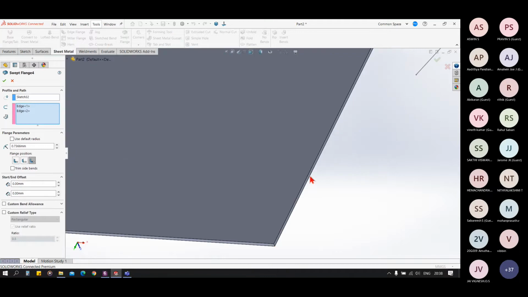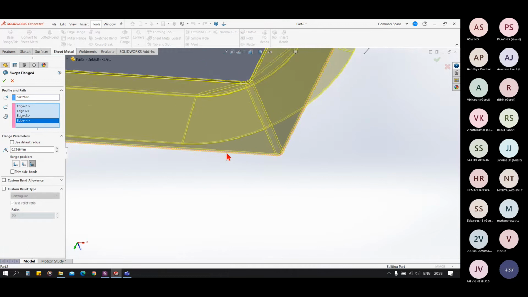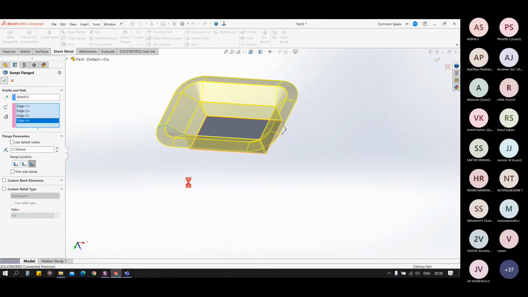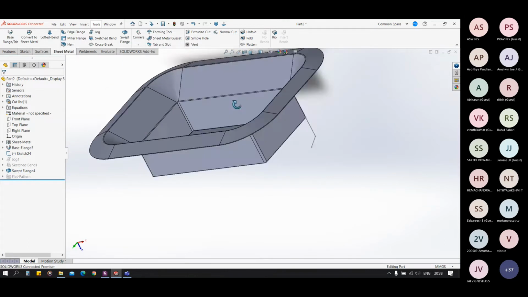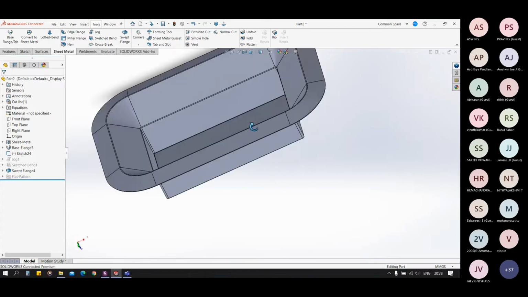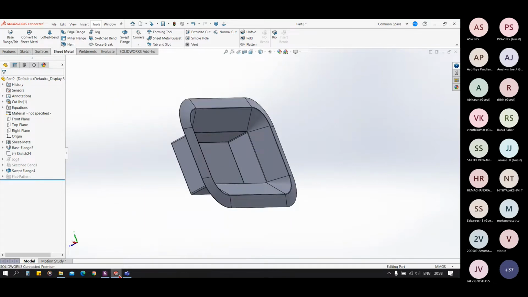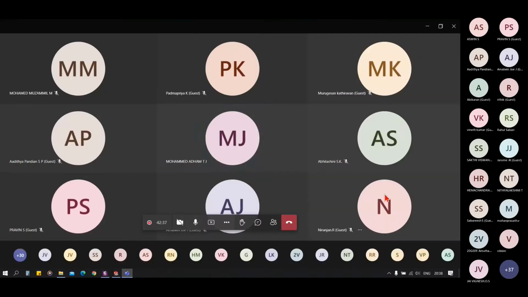You can select it in a continuous manner like this. Clear? Yes, sir.